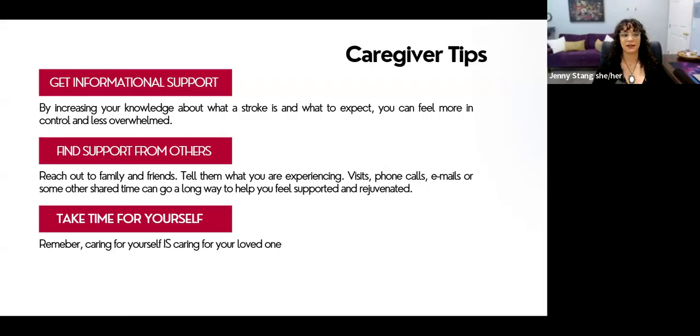We want to ask questions, right? What kind of stroke did my loved one have? What side of the brain did it affect? What caused the stroke? How does that affect my loved one's abilities? How can we prevent another stroke? If you remember earlier, a risk factor for strokes is a stroke. It increases your risk of having more than one. So ask your doctor about these things. Ask the primary doctor on staff that's dealing with your loved one, how can we prevent this going forward?